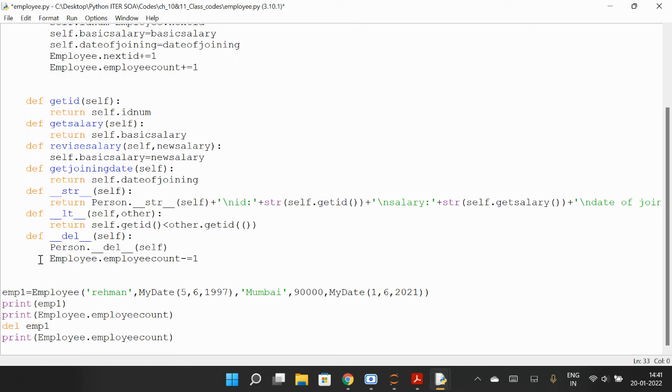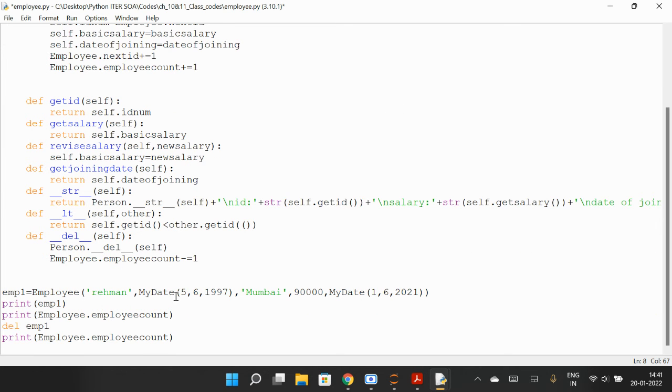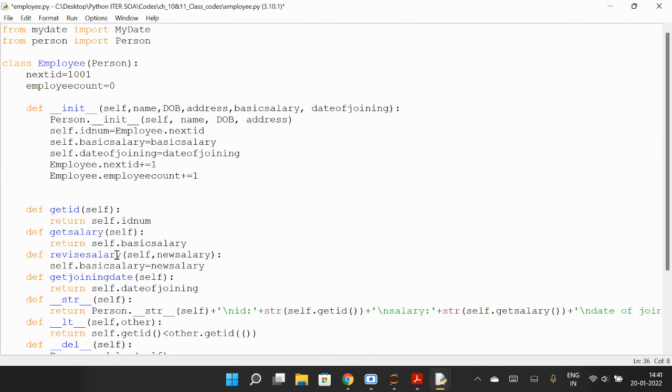Just come here, employee. We are defining employee 1, an instance or object of the class employee. The variables it has are name, date of birth, address, basic salary, date of joining. We are printing employee 1, printing employee dot employee count, so we are counting the employees, deleting employee 1, then counting the employee count again. So if we run it,